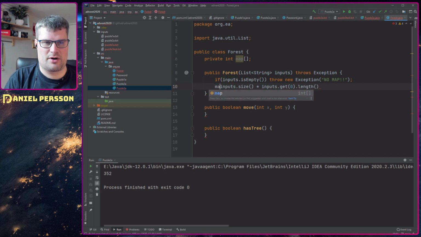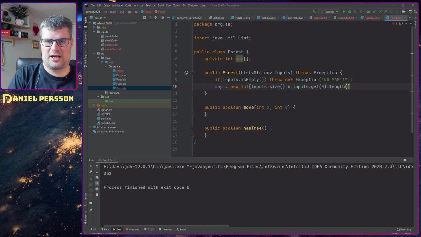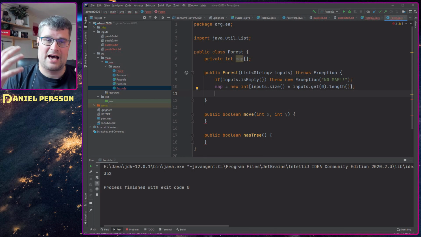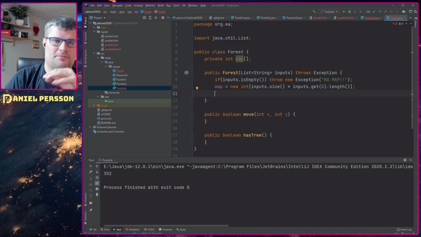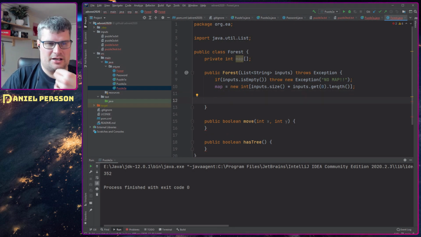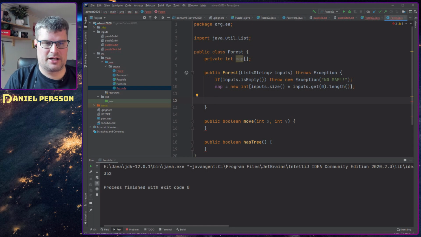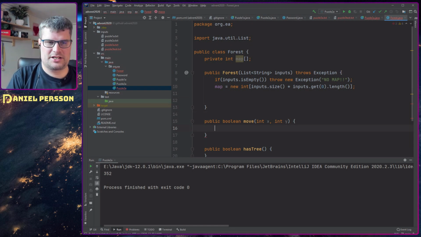So that's our map is equal to new int array of that. So then we will have a bunch of integer values that is the size of our map. Then we will, in this case here,